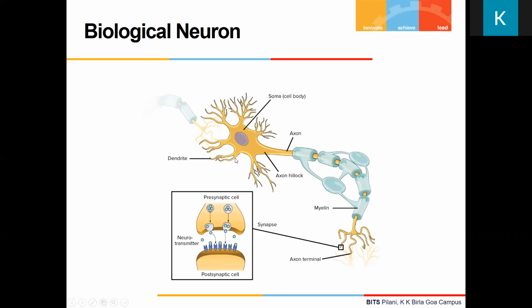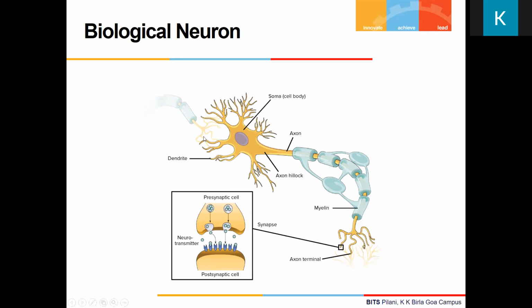So when we say connected, actually they are not touching each other. They sit very close, but they do not touch. The ending of one neuron and the ending of the other neuron have a small gap between them. We usually call it a synaptic cleft. And the entire structure, let me still use the term connected, but remember they are not touching each other, the entire junction is what we call a synapse.